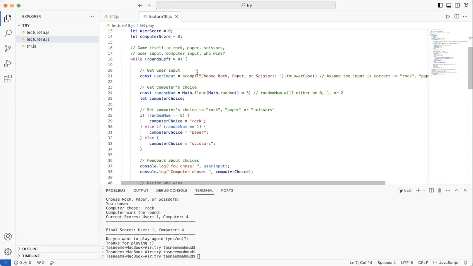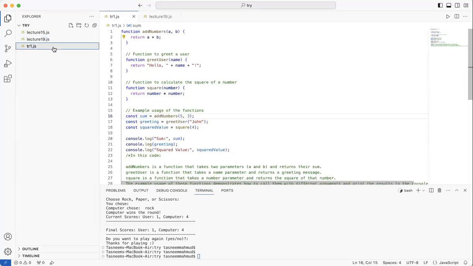All right. So this is to give you guys a familiar example, but let me go back to my initial one that was pretty simple, where we just add numbers and square numbers and all that. So what we do is we console.log the variables and we see what happens.